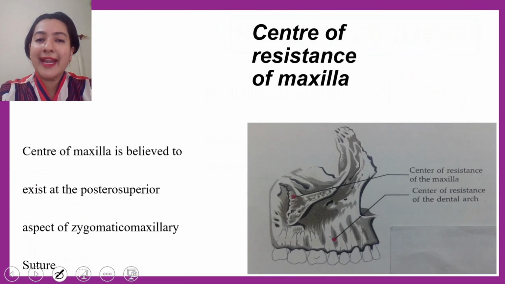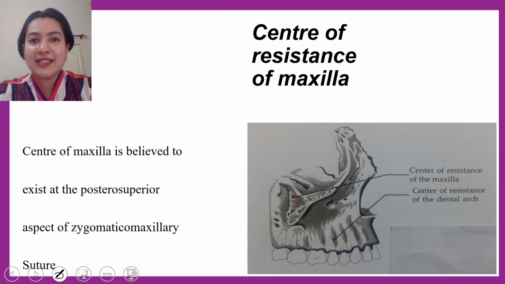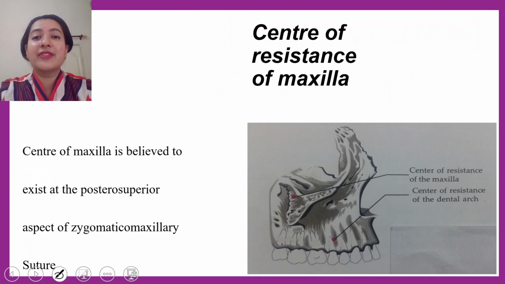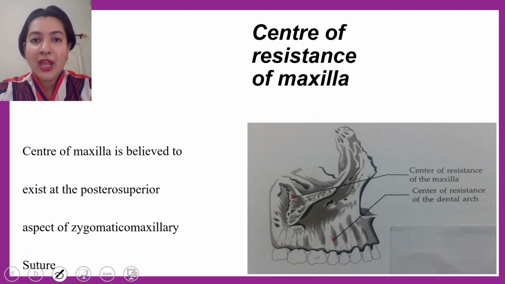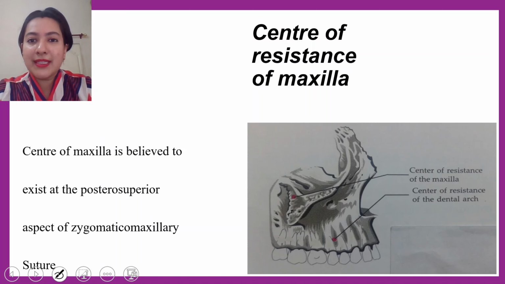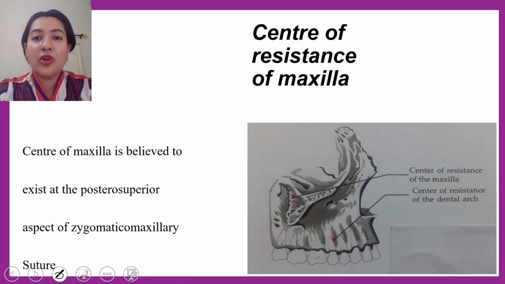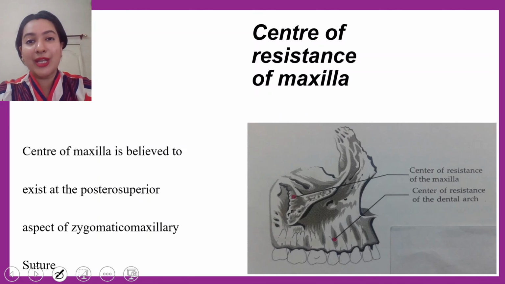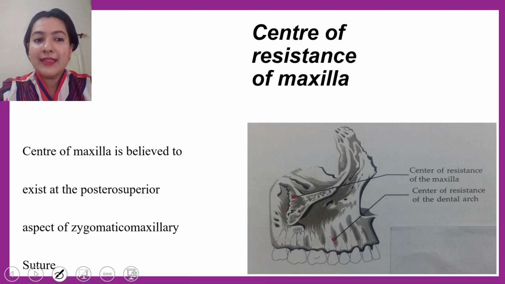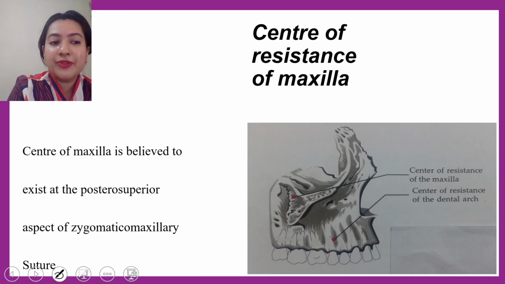Before we deliver a headgear to the patient, the very first step is to analyze the center of resistance of the maxilla. We saw the concept of center of resistance of maxilla in the previous video, wherein we emphasized the importance of knowing the center of resistance. Once we locate the center of resistance clinically, okay, we cannot be absolutely sure of it, because it is basically a hypothetical point. Hypothetical as in, we cannot be very sure that yes, this is the point of center of resistance. We just assume it is somewhere here only. Okay, so you should know where the center of resistance of maxilla lies.